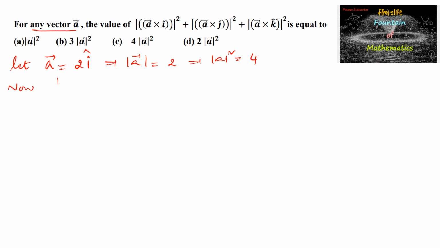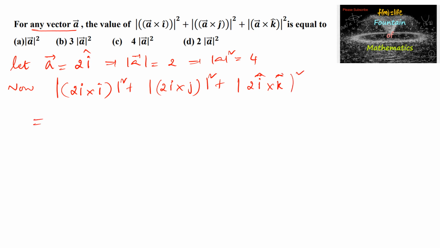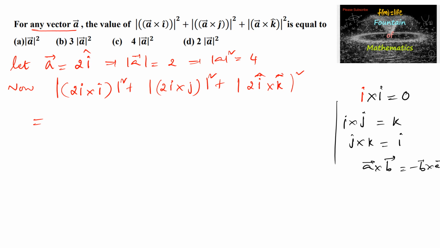And now mod of A cross i, that is (2i cross i) whole square, plus mod of (2i cross j) whole square, plus mod of (2i cross k) whole square, which is equal to, since we know that i cross i is equal to 0, i cross j is equal to k, and j cross k is equal to i, and also we know the property A cross B is equal to negative of B cross A. So i cross i is 0, so the first one is the zero vector, plus again 2 is a constant, so 2 square outside, and i cross j is nothing but k square, plus again 2 square will come outside, and i cross k is equal to